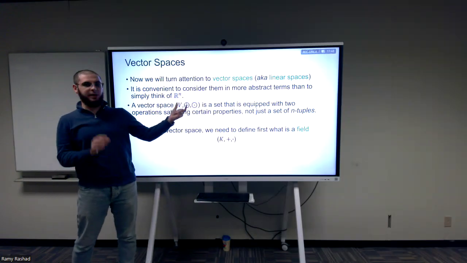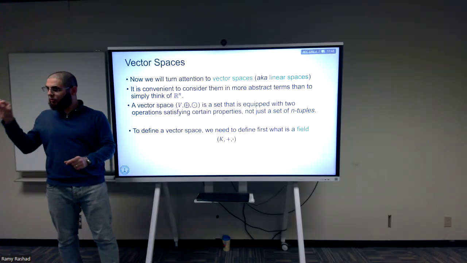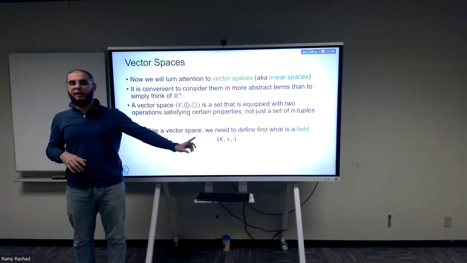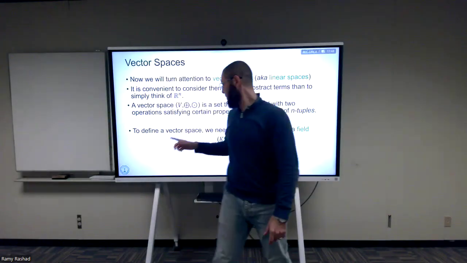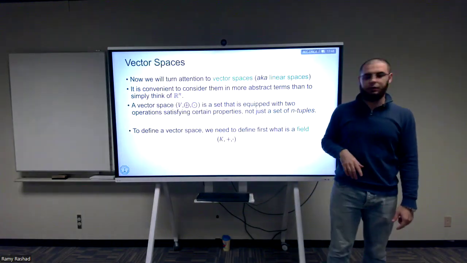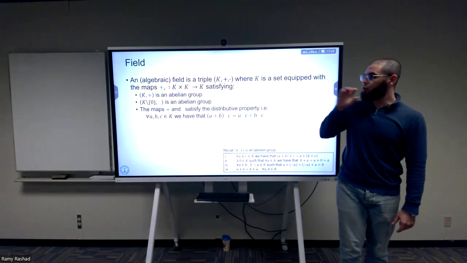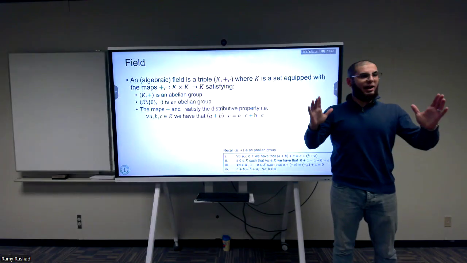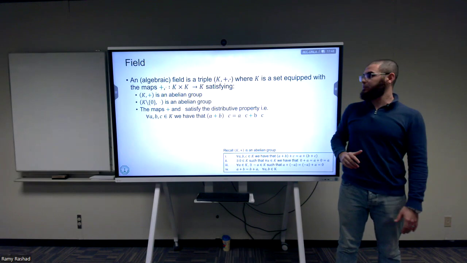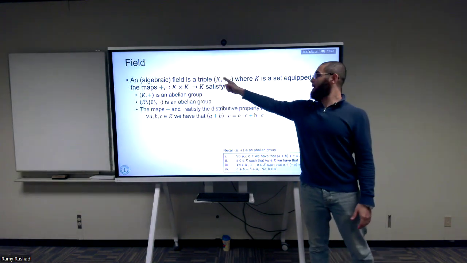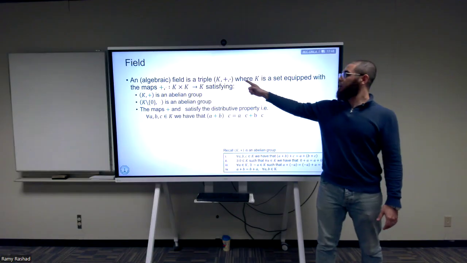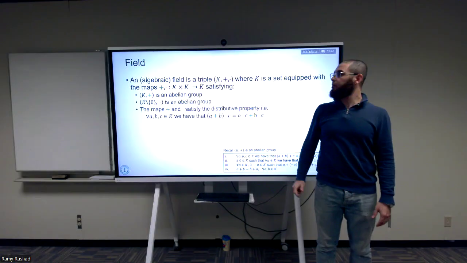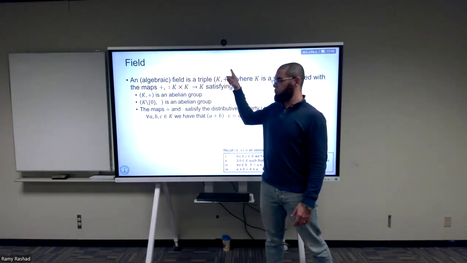Before talking about this vector space, we need to introduce another intermediate object, which is known as a field. So a field is also a set, a plus and a multiplication. And they're defined as follows. So this is the definition of a field. A field, or an algebraic field, as some people call it, is a triple. So K, where K is a set, the plus and the multiplication, which is here the plus and the dot,